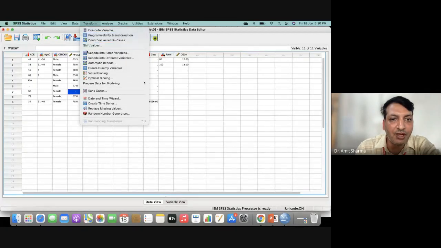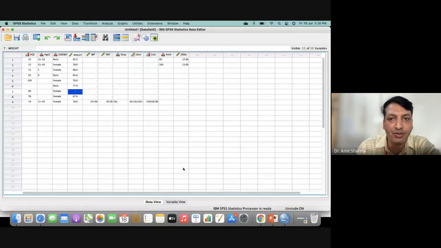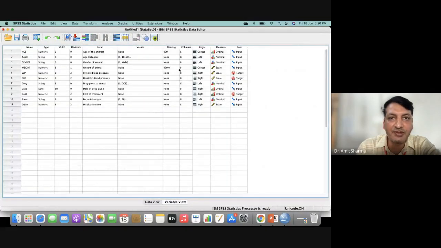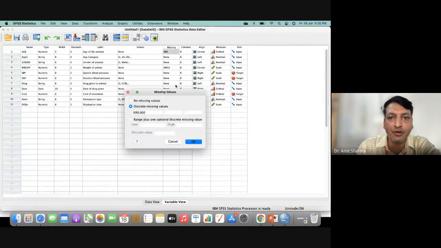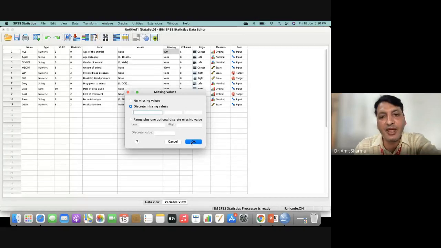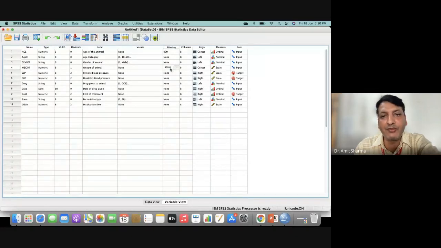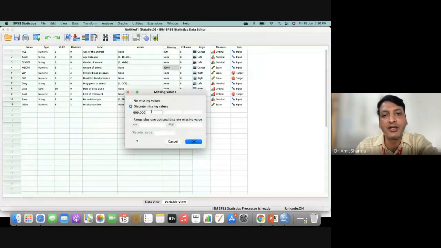or directly we can go from the variable view, as I told you. At that time, once we add the missing value from here, you don't have to type 999. Once you give the command here, all the empty spaces will be covered by 999 by itself, automatically. So even you don't have to type the 999 in the software.